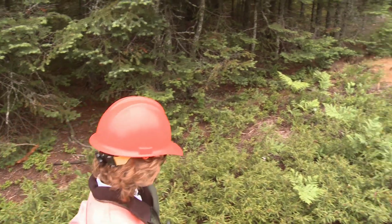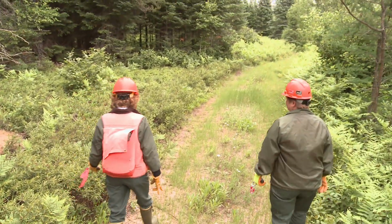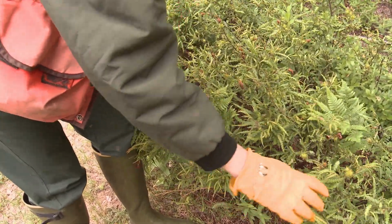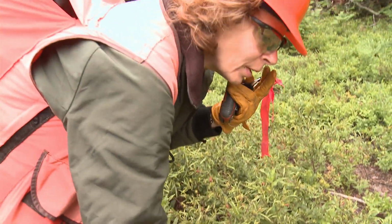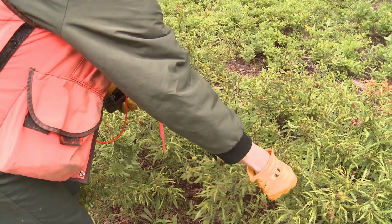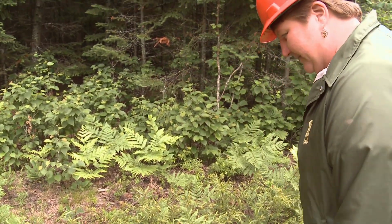This is a fern that I've only seen up on the Superior, so this is kind of a unique little habitat. It looks like it has galls on it. Does it flower? I don't know. These are interesting little structures. I wondered if it was, you know, another plant growing on it. But it has a really, really cool woodsy smell if you crush it in your fingers. I thought it was sweet fern, but...